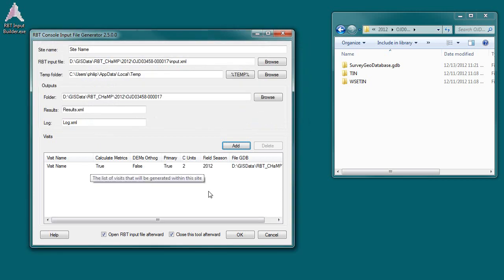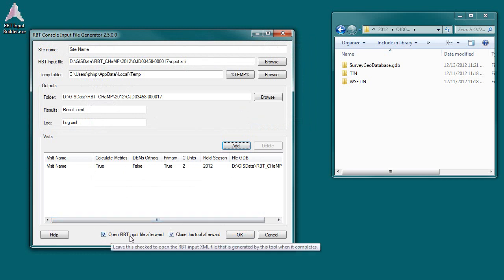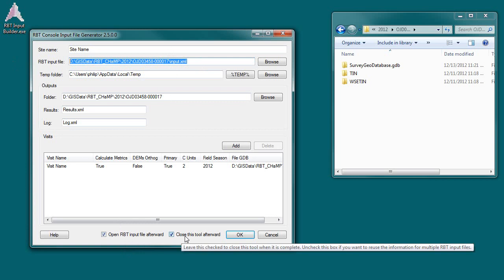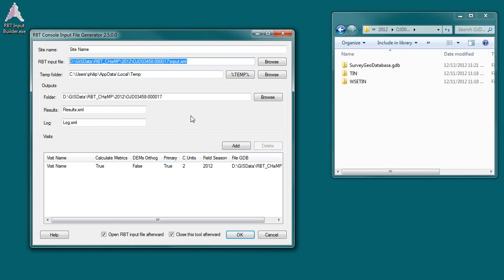So I've got my one visit down here. You can see the properties showing up. I'll just explain these before I click OK here. You can open the RBT input file afterwards, so I recommend leaving that checked. It's going to take the input file that we create and actually open it in a text editor. And the final checkbox here: if you uncheck this, the Input Builder tool will stay open after the file is generated, so you can run it repeated times. I'm going to leave that checked because for this demo I'm just going to create one. So I'm going to go ahead and click OK,